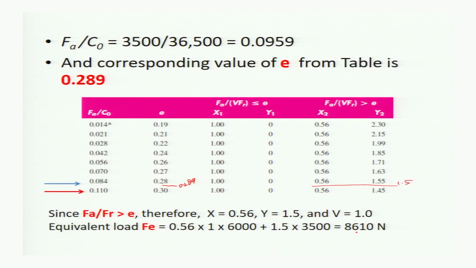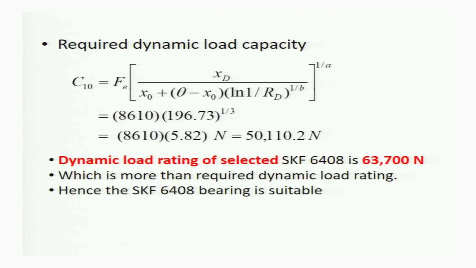So there we get the value of this Fe, and this Fe will be used as Fd in the formula of reliability. So this Fe is just taken as the Fd, and C10 is this one, Rd is equal to 0.99. So we got C10 is equal to